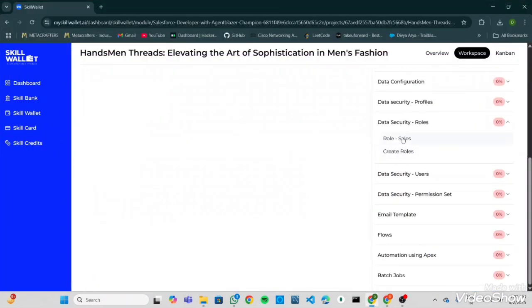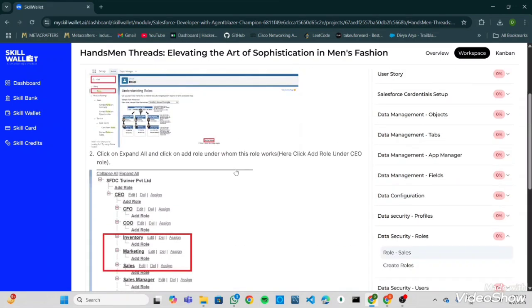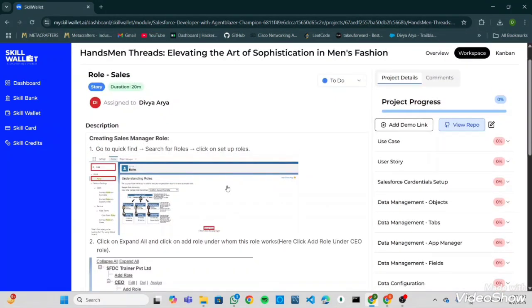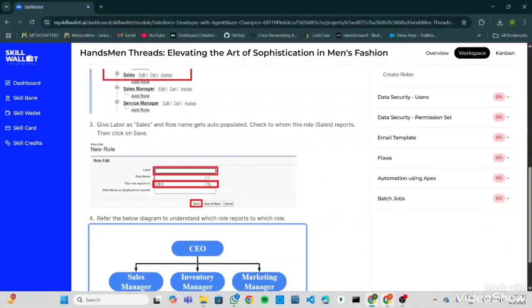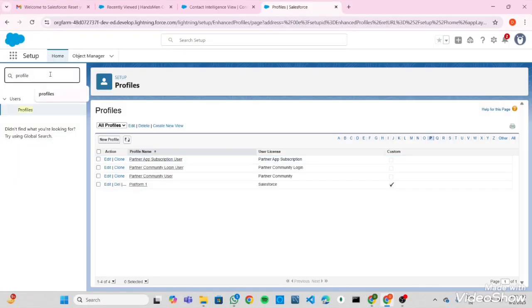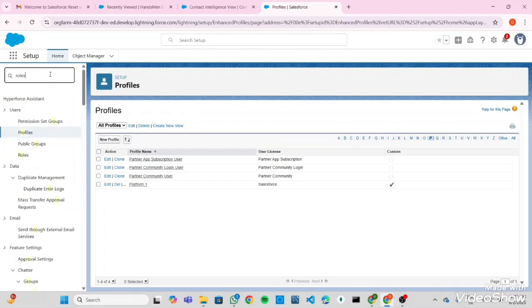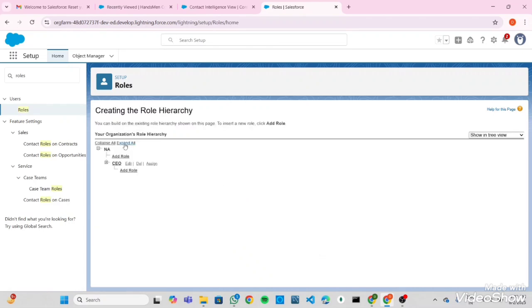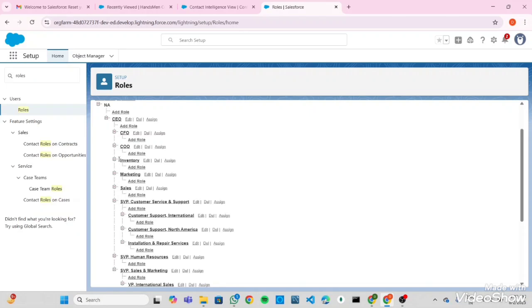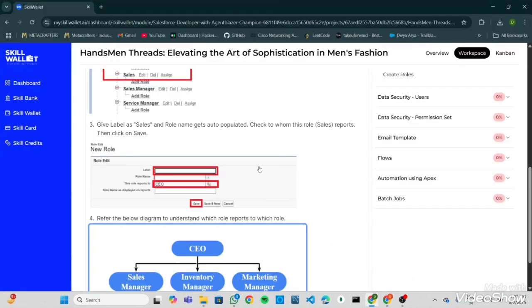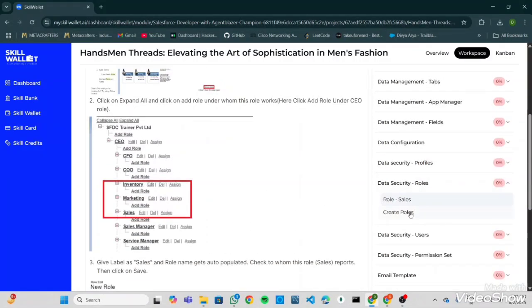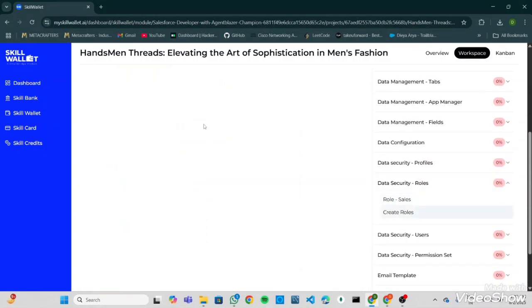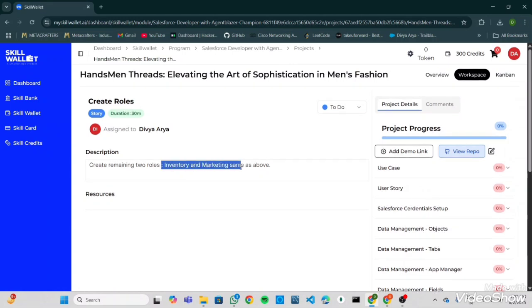Now we will see the roles. These are the steps which we have to follow in creating roles. We will find the roles by searching for roles in quick find, then clicking on roles and then set up roles. When we expand all, we will see the three roles which they have given us to create. Now you will see the roles given by them: inventory and marketing,